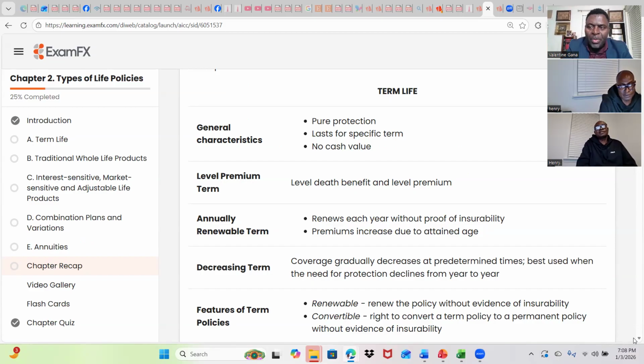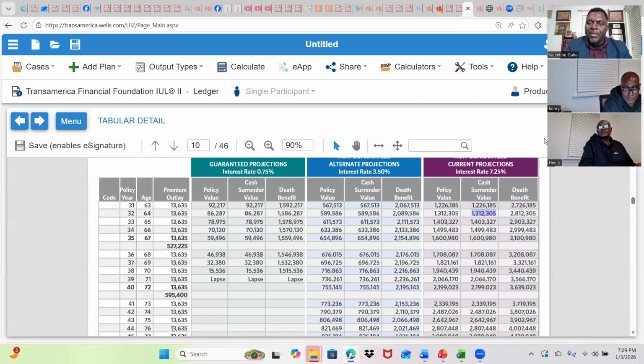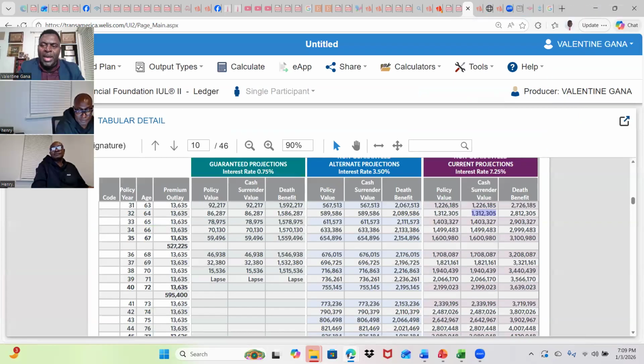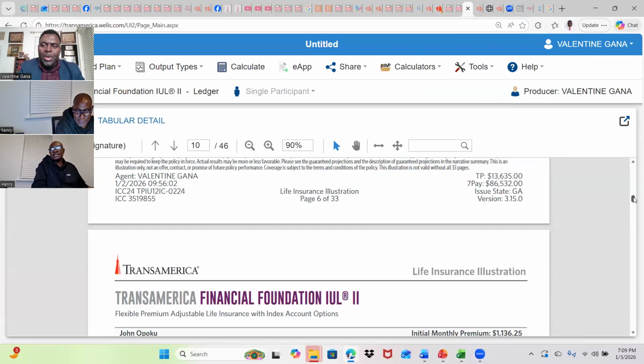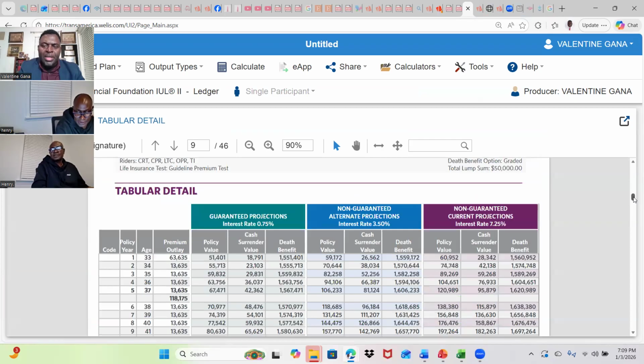Can you explain what that means? When you say term, that means the maturity is at a certain time, maybe a certain year. Correct. So when you say it does not accumulate cash, that means the cash is not compounded, it's just fixed for that period of time. Remember we looked at universal life, this is an example of what we looked at when you were doing the illustration yesterday. Correct. This one was not term.